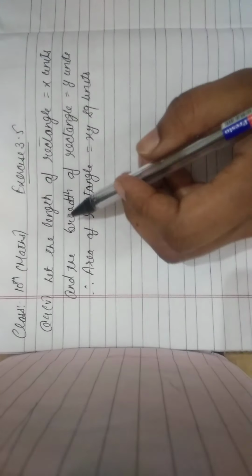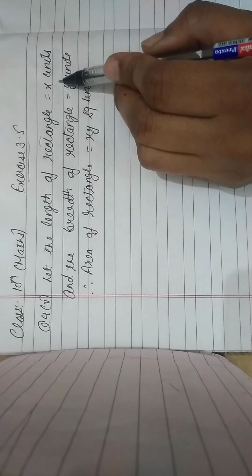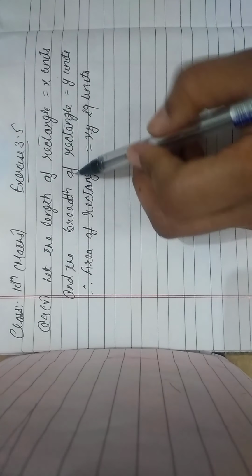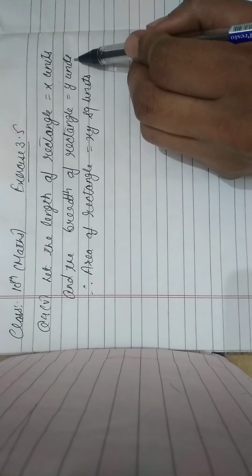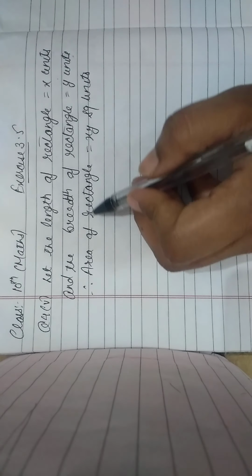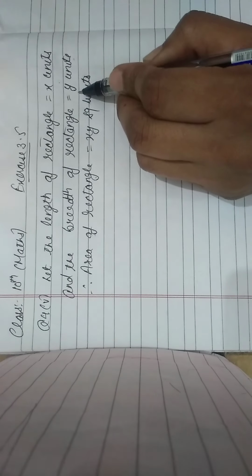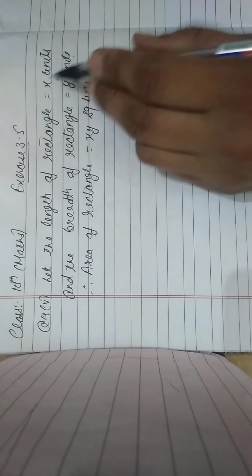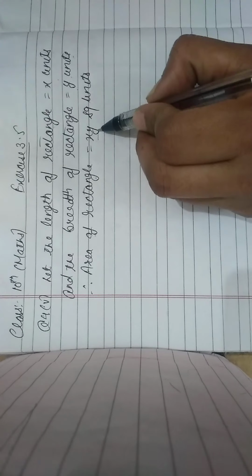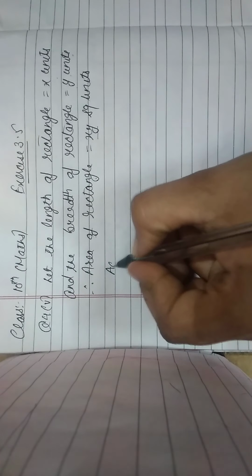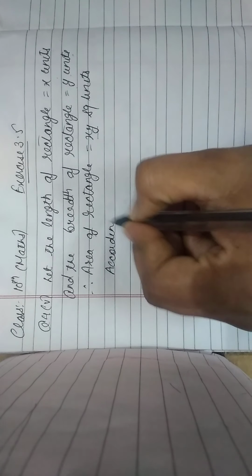Now, let the length of the rectangle be x units and the breadth of the rectangle be y units. So, all of you know that the area of a rectangle is equal to length multiplied by breadth. So, x multiplied by y, the area is xy. Now, according to the first condition,